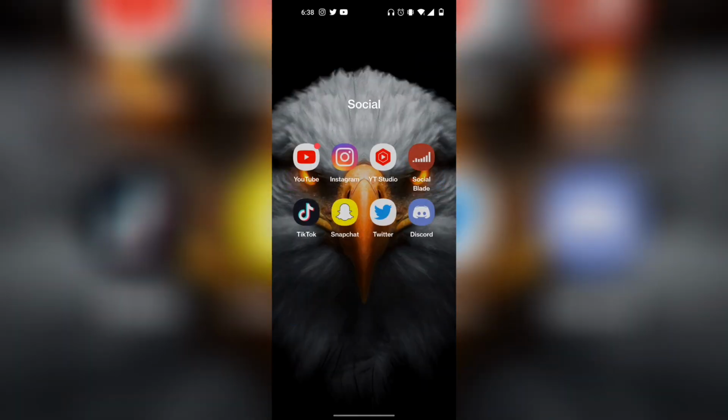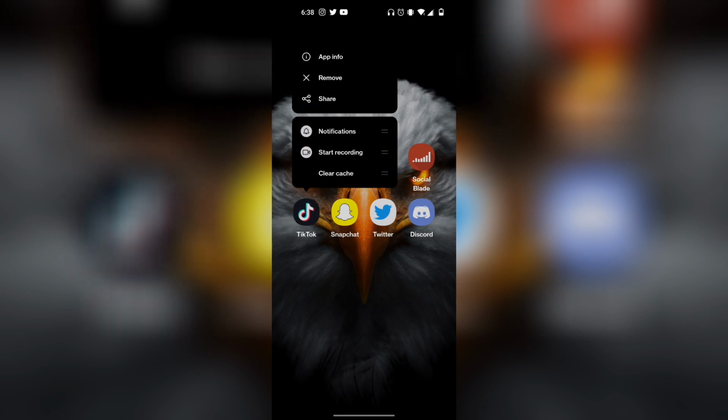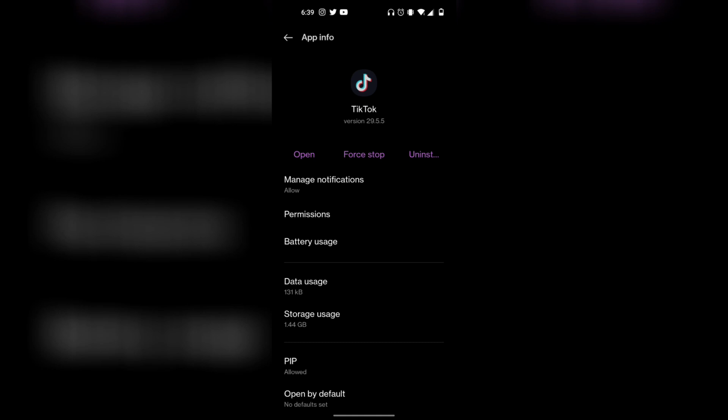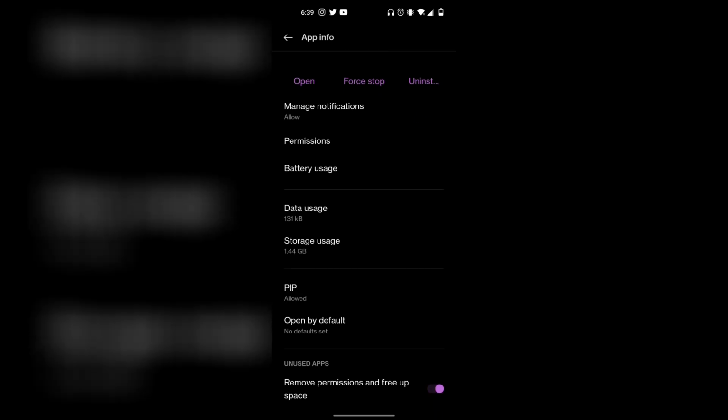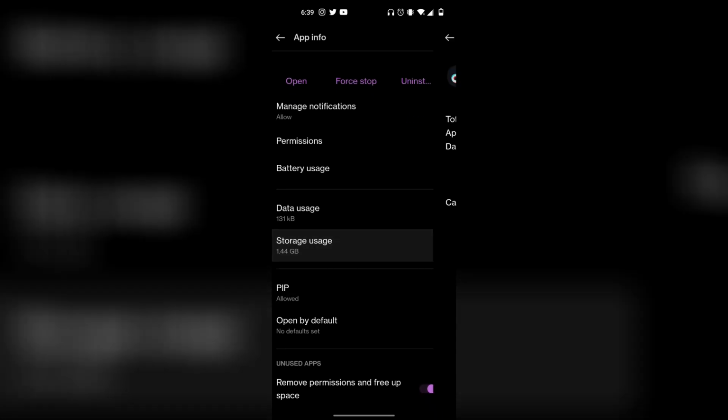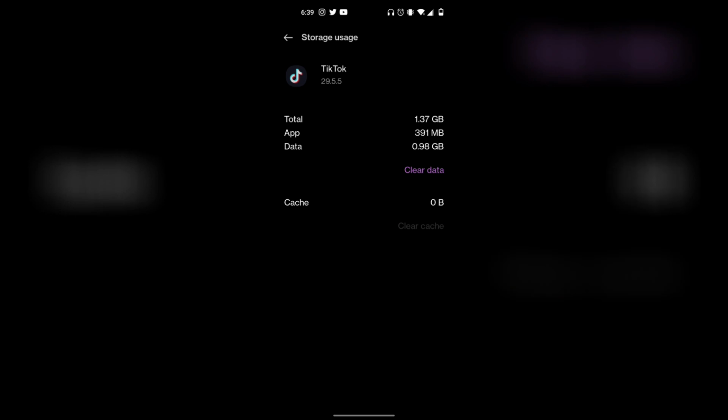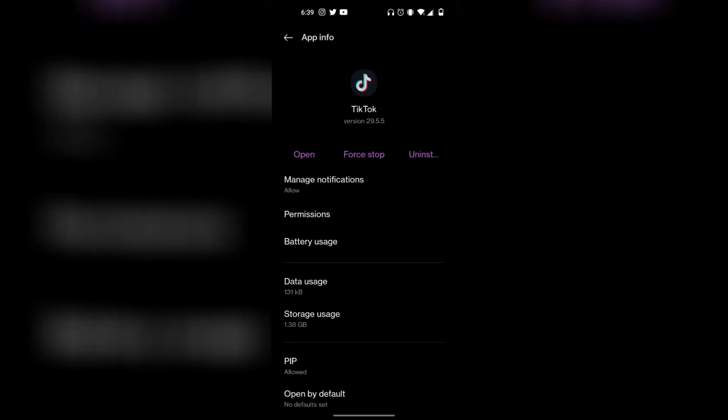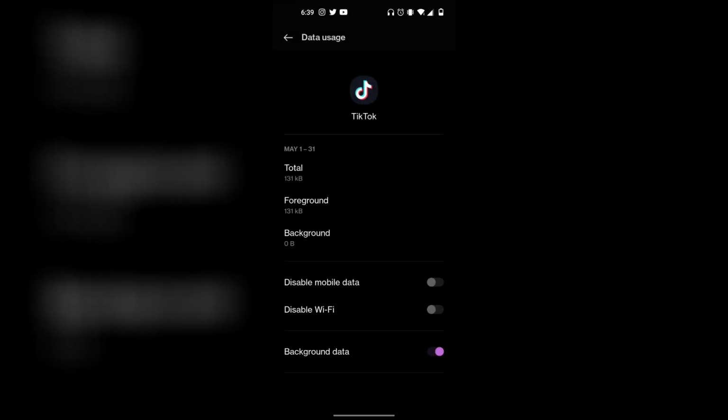is exit out, find TikTok again, and press and hold on the TikTok app. Then click on app info. Once you're in app info, scroll down and click on storage usage. Then click on clear cache from here as well. What you also want to do is click on data usage, and then disable Wi-Fi, disable mobile data, and disable all of these three just